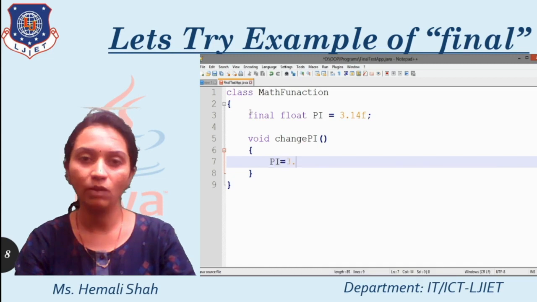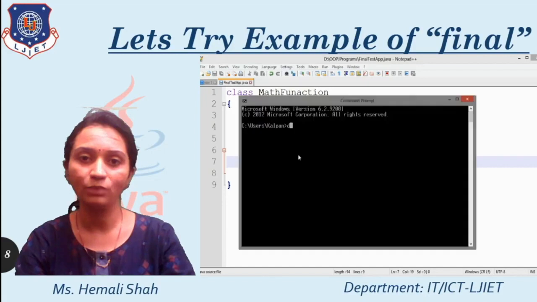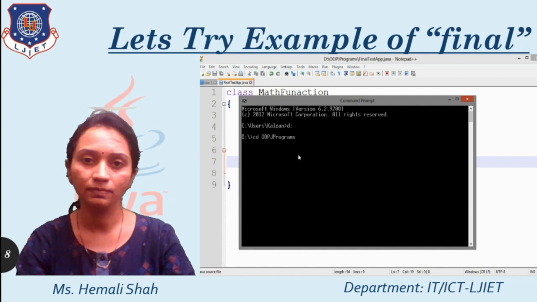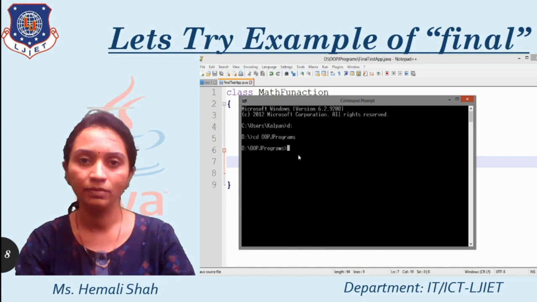Pi equals 3.14 for f. Right? Now save this file. Now open the command prompt and change the drive. Move into your folder, cd OOPJ programs. Press enter. Now compile this file: javac FinalTestApp